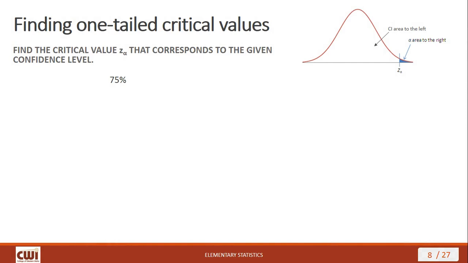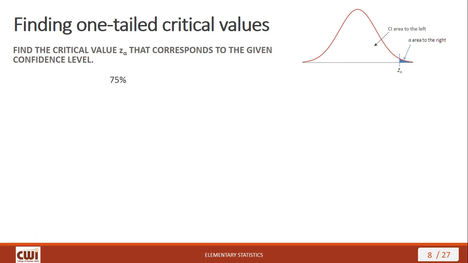Let's look at an example of how to find a one-tailed critical value. In this instance, we have z sub alpha. This indicates we have the entire alpha area, and usually that area is going to be on the right side of the distribution. So our confidence area is on the left, and the z-score, the critical value, is separating that confidence interval area from the alpha area on the right. If we're given a confidence level of 75%, that means the area under the curve that corresponds with 75%